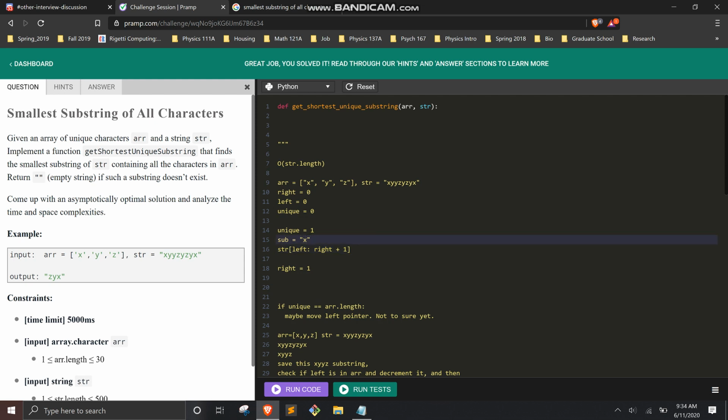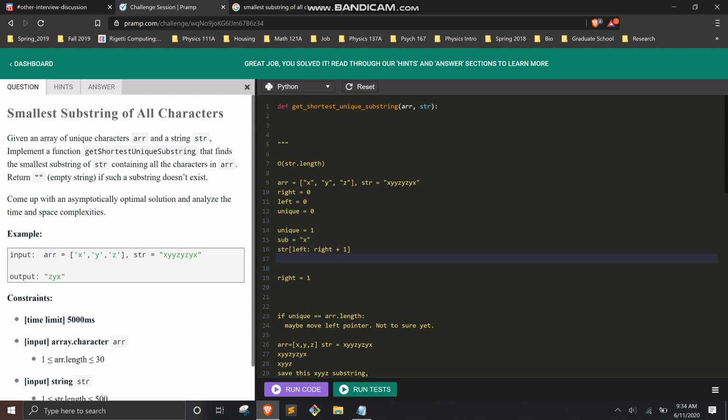substring. We increment our unique, then we do this. So we